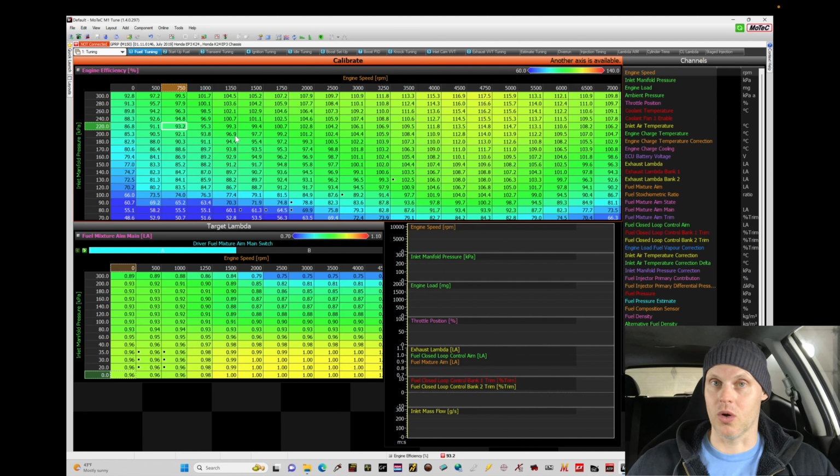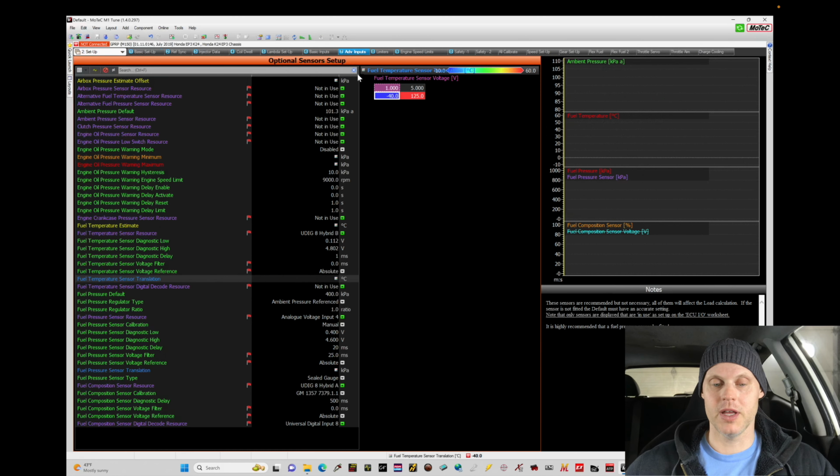So now then, all the inputs and outputs have been configured properly. So let's jump in here and take a look at that translation table. Moving from our tuning window right here, we're gonna jump down under setup and then move into our advanced inputs. Recall that we have a flex fuel sensor installed on our vehicle here in our fuel system. We've wired it to the Motec. So we've wired the signal into digital input 8, universal digital input 8 in fact,